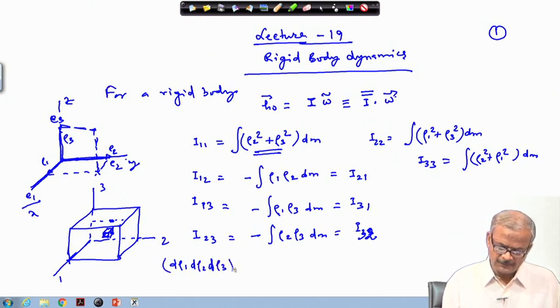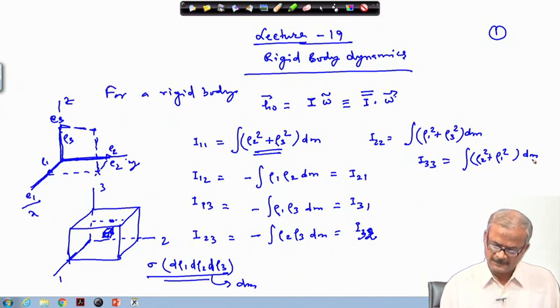So, that is the volume of this small element, which is located at a certain distance from the second axis, third axis and the first axis, and then say sigma is the density of this material here. So, this constitutes your dm. This is what will enter here in this place, and thereafter you have to put here along with this rho 2 square, rho 3 square. So, integration will go over rho 2 and rho 3,